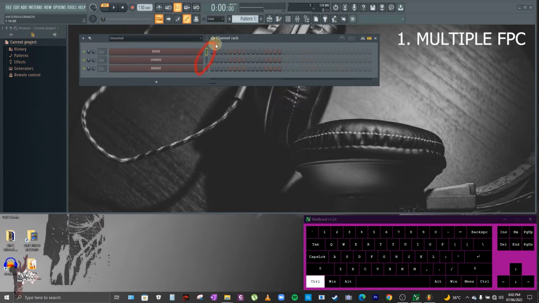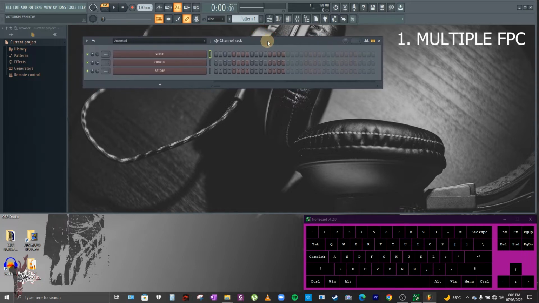This is the indicator by which you can find which channel is active. Whenever this one is highlighted, that means this channel is the one that is active for the moment. Now that ends the lesson for the channel rack and switching between different channels.